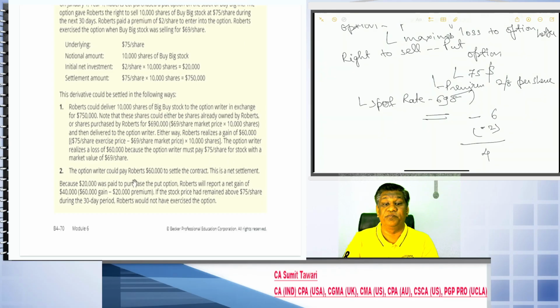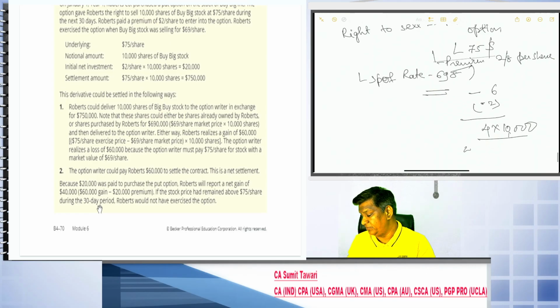The option writer could pay Robert 60,000 to settle the contract, and this is the net settlement. Because 20,000 was paid to purchase the put option, Robert will report a net gain of 4,000 multiplied by 10,000. That is his net gain, 40,000. So, sir, in this example,